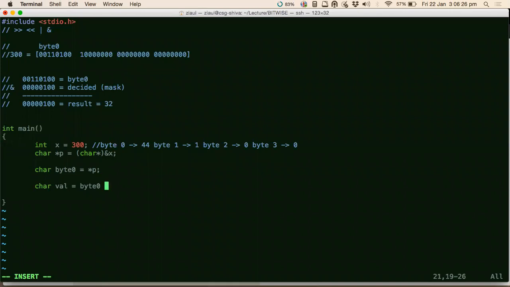Okay, now is this clear? Let's put this to use now, in a program. All you have to do is say byte 0 and now you give the corresponding mask value. Tell me what the mask value for this is. Now you take the decimal value of this byte. What is it? 32, exactly. So you just say AND 32.